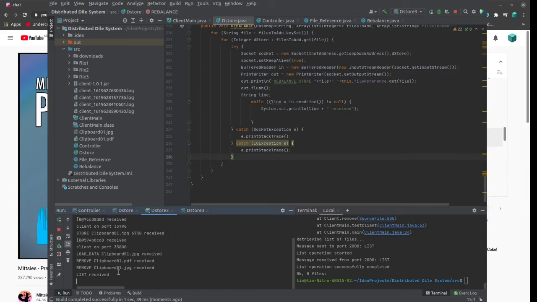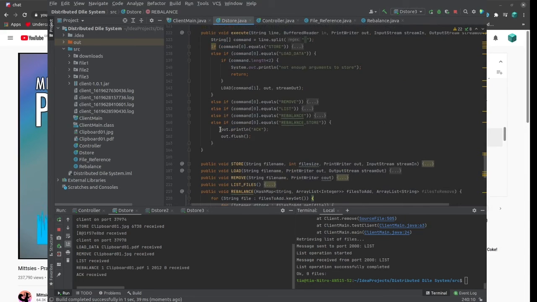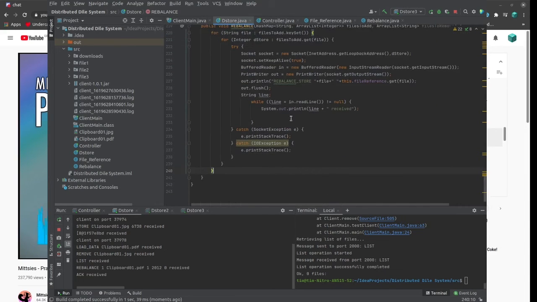Rebalance store received. App received. You got 1 app. Rebalance 1, clipboard 1. Oh, it was only going to 2012, not to 2000. That seems weird. Oh, because it decided to keep it itself. Right, yeah, because it is slightly random. It got an app though. That's what we were looking for. It got the app. Yes. So what we now have, funnily enough, is this bit of code communicating with this bit of code in the same damn class. What fun. But yes, this has now received the app, so this will now go